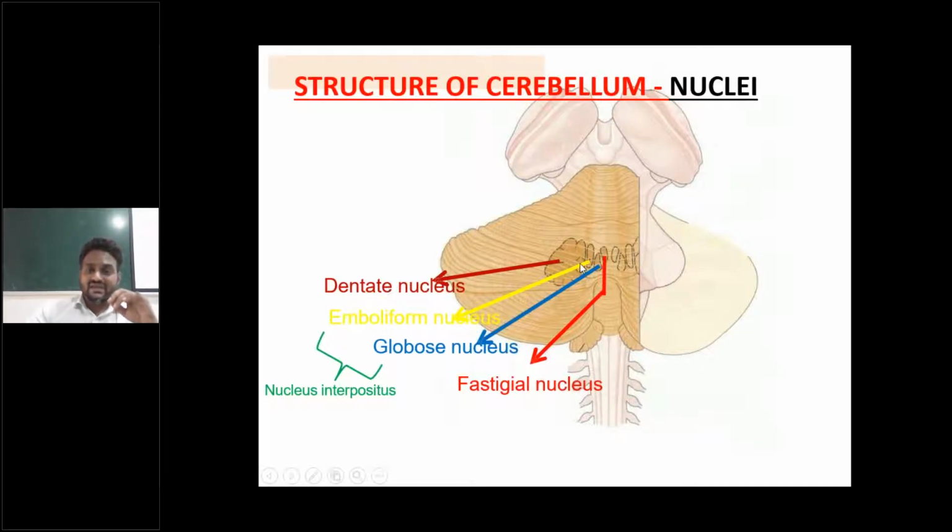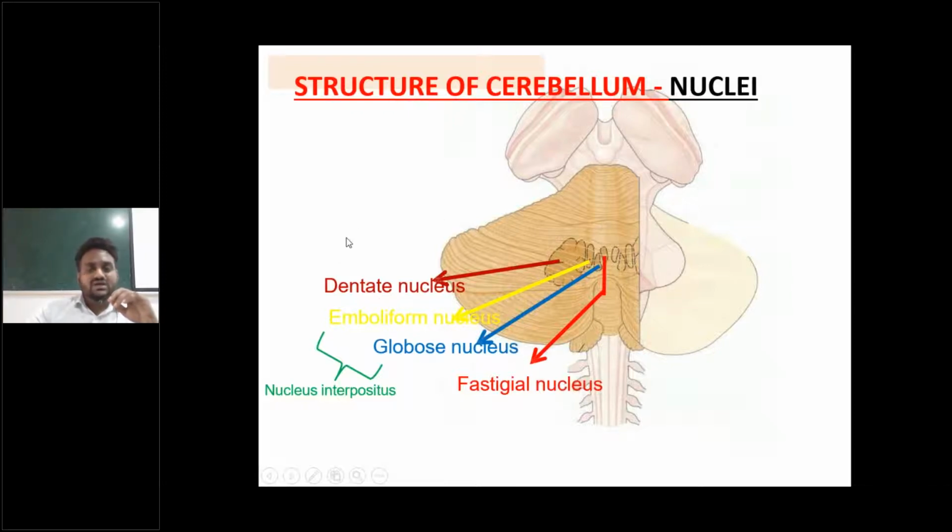We can see it clearly here, big in size, and based on the shape, an irregular and uneven surface is present. Based on the shape, it is named the dentate nucleus. So this is a 2 marks question from the cerebellum: dentate nucleus. Once again, there are four nuclei from midline to lateral side: fastigial, globosus, emboliformis, dentate.